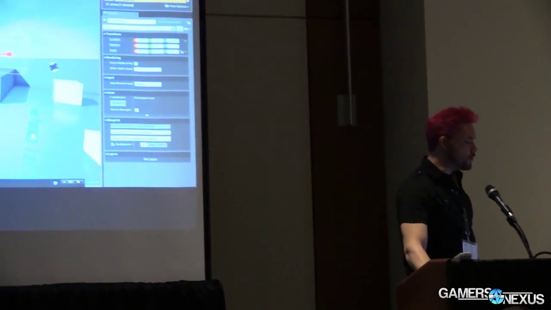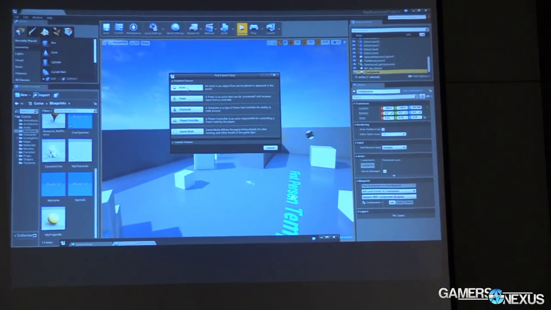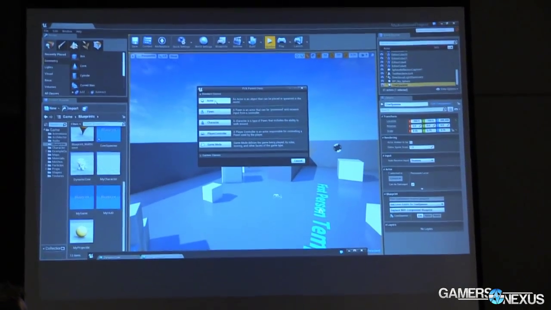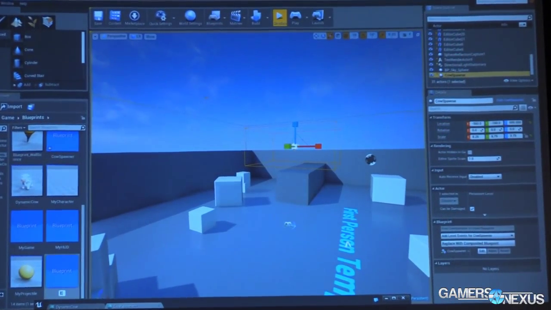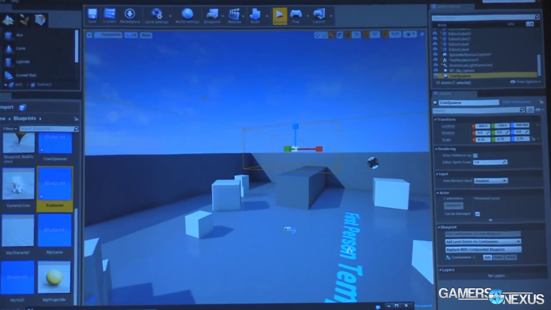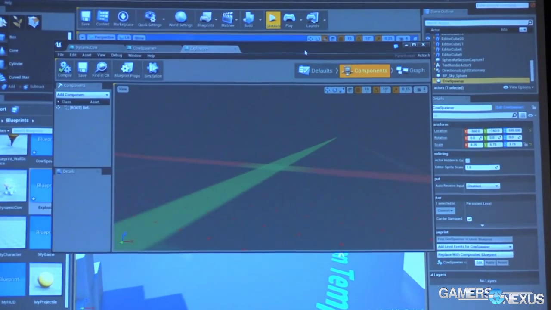First off, we're going to make a new blueprint. And if you are taking notes, the only thing I'd really like you to take from this is kind of the mentality I'm using. I'm going to make a new blueprint that I'm going to call Explosion. You might be wondering, why on earth would you do that? Why would you make an explosion blueprint? Well, that's because an